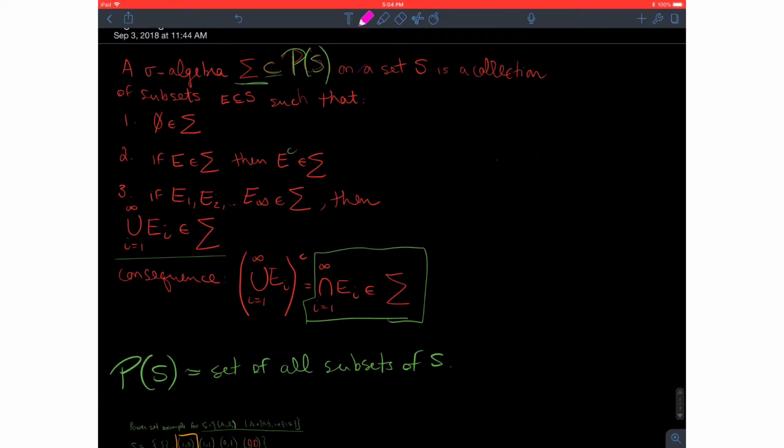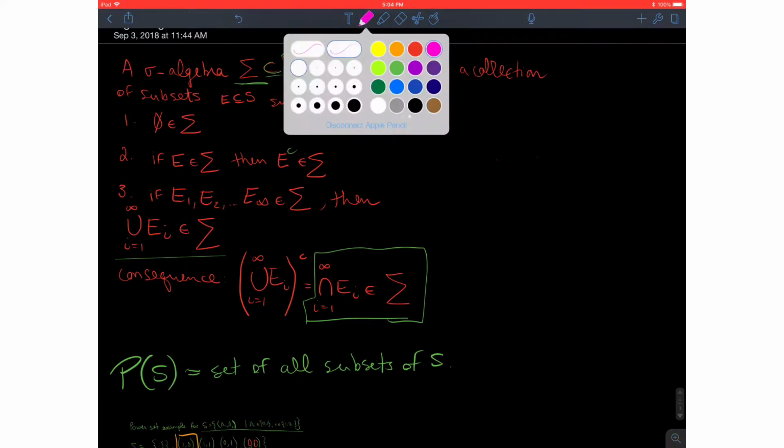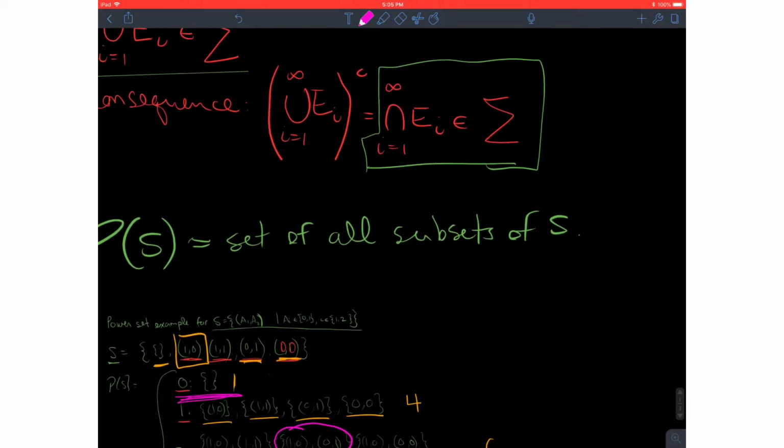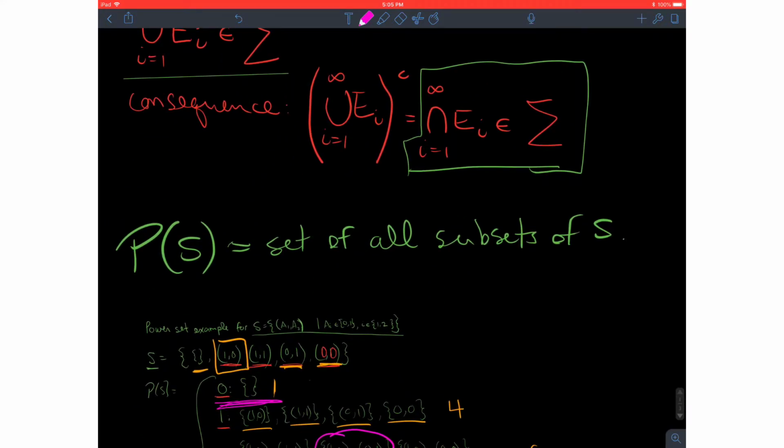So the thing that I haven't talked about is what is a power set, because I've said here that the sigma algebra, sigma in the power set on a set S, is a collection of subsets. So if we're going to say something, we should actually define what it is that we're saying, because otherwise you could say anything. Sigma in googly gack doesn't mean anything. So what is the power set? Power set is the set of all subsets of S. So for discrete sets, that's what the power set means. So it's the set of every single subset that you could create.